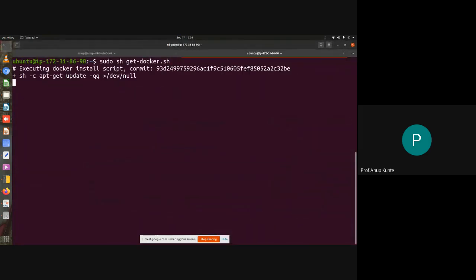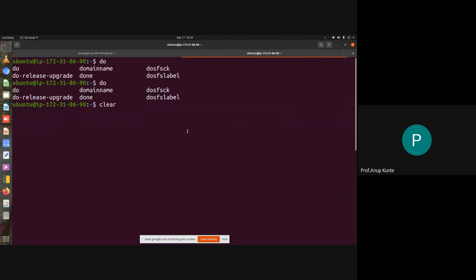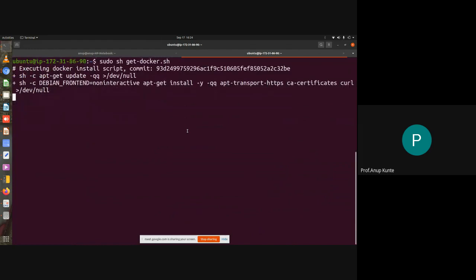Yeah. It just showed you the content. That's all it did. Now it is actually executing all these steps. Earlier we just displayed the contents of the file. Now we are executing every step in the file. So dry run only showed you the commands that you are executing. DRY_RUN equal to 1 sh ./get-docker.sh did what? It showed you the content of the file line by line, without actually executing the steps. Now it is executing the steps.